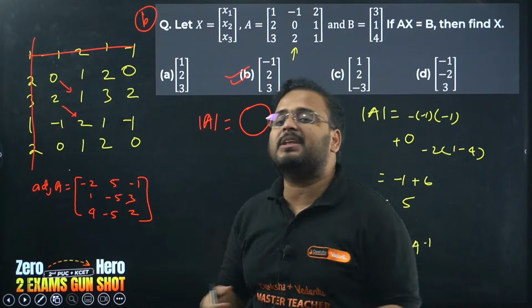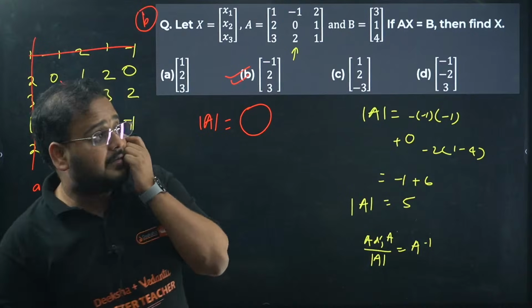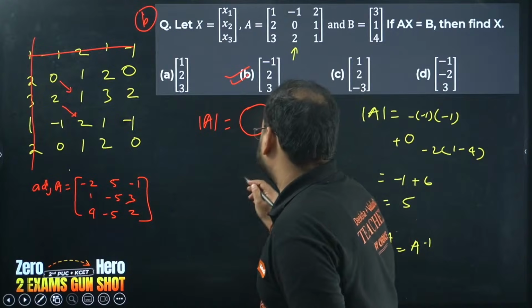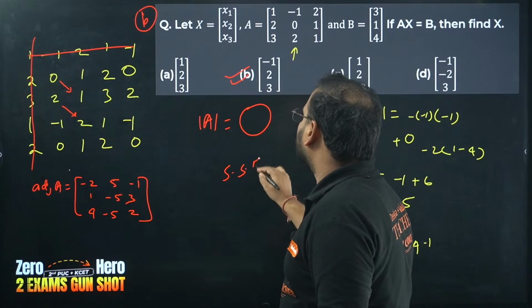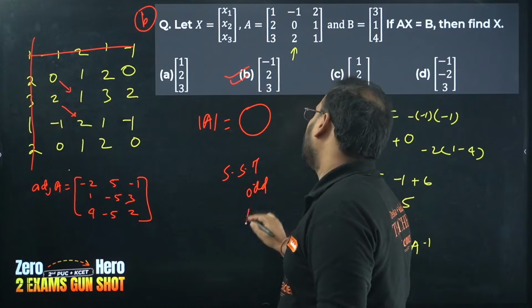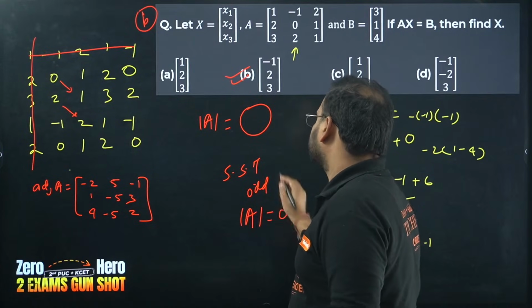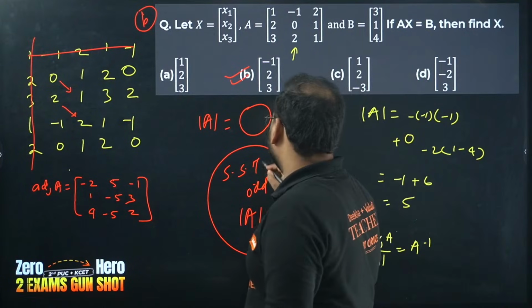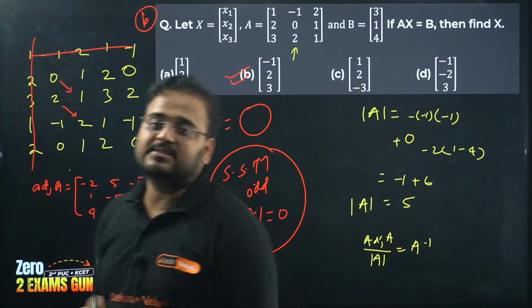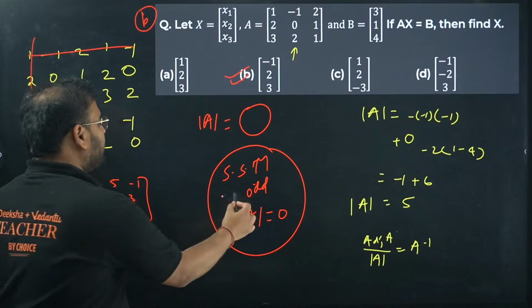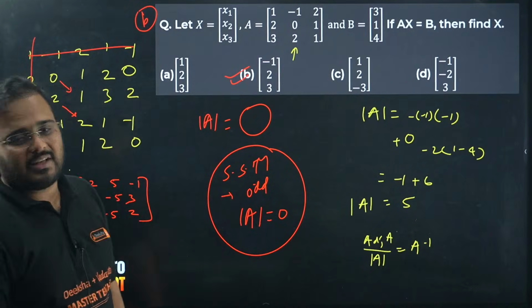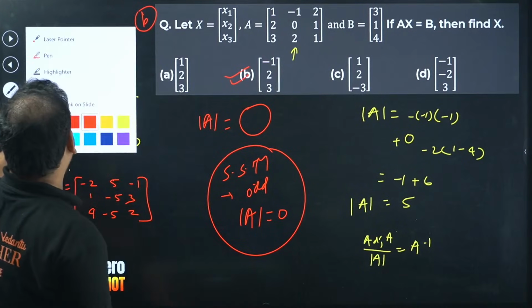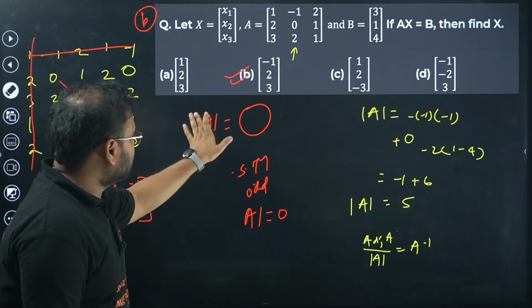The tricks will be there for different types of questions. For example, if you have a skew symmetric matrix of odd order, the determinant will always be 0. So more property-based questions will be important over there. If you have a skew symmetric matrix and the order of that matrix is odd, meaning 3 cross 3, 5 cross 5 and so on, then the value will always be 0. So questions like that are there, but let's move on.